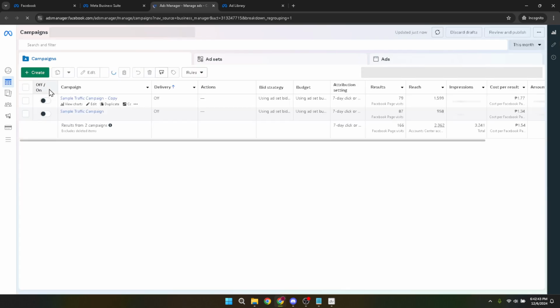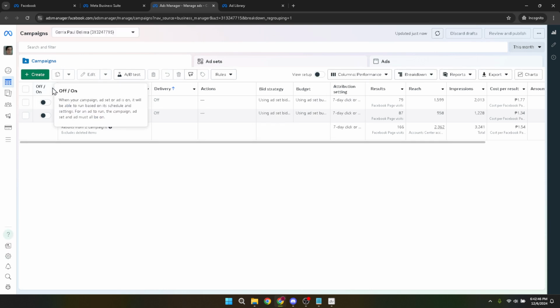Now let's get into the specifics of finding your ads. Go to the Campaigns tab. This is easily accessible through the Ads Manager, and you might also find direct links that take you straight there. The Campaigns section organizes your ads based on the campaigns they're associated with, making it easier to navigate through them if you're running multiple initiatives.